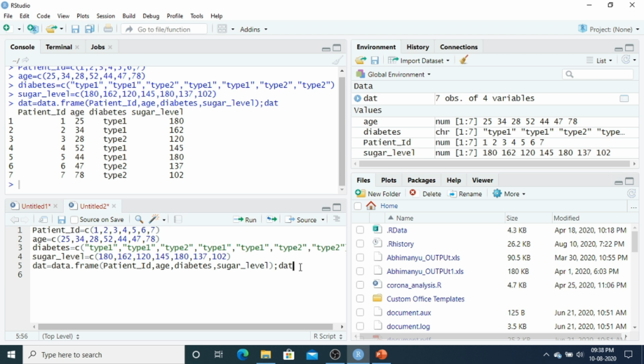Just remember, a data frame is a mixture of numeric, character, and also logical vectors. In a matrix you have to choose only one type of data, either numeric or integer or character. But in the data frame you can take numeric, integers, character, or logical types of variables.